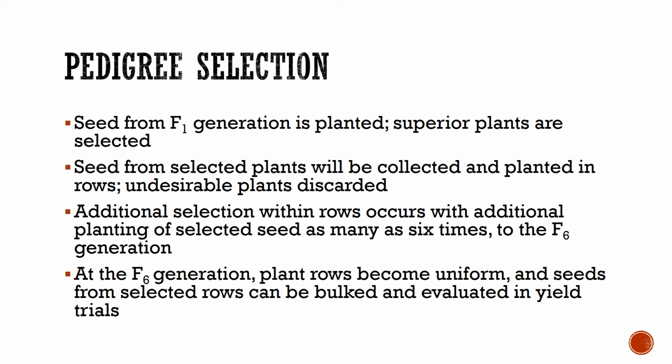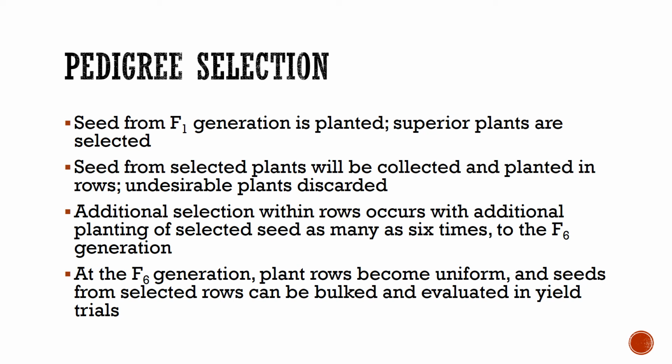Then we're going to take those plants and collect the seeds from those plants, and the undesirable plants, or the plants that might not come up to par, will then be thrown away and we won't use those. Then we will select different rows within those different varieties and select those additional plants for breeding,